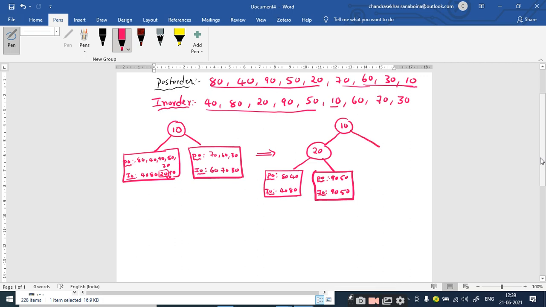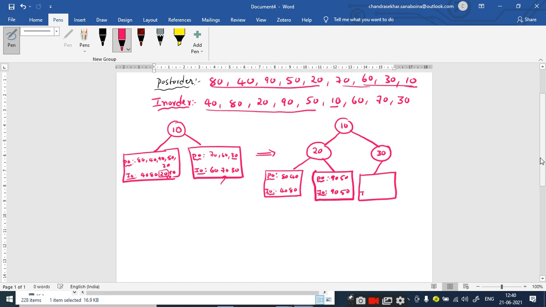What is the root node of right subtree of 10? 30, sir. 30. So you fix it. Now you split the given subtree into two parts. That is, you have to go to the in order traversal, and when you identify the in order traversal at this location, 30 is having two elements towards its left hand side. It does not have any elements towards its right hand side. Therefore, you can simply identify that 30 is having only the left child. So you can skip the right child, right?